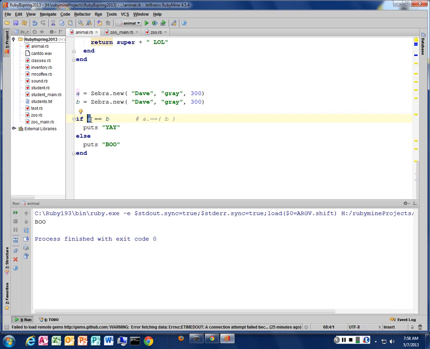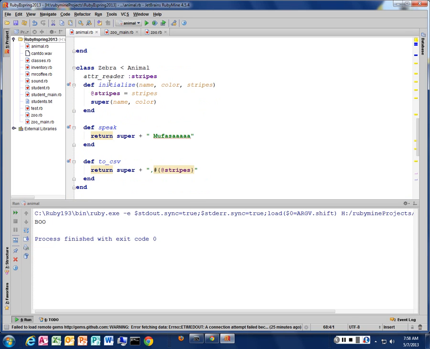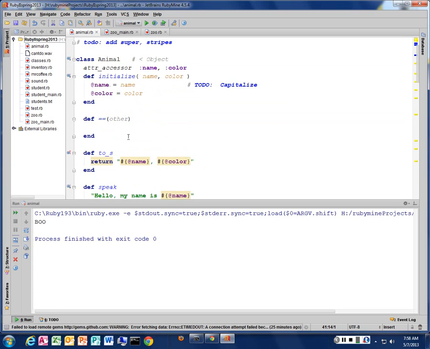What type of object is A? A zebra. Okay, so I look in my zebra class. Do I have an equal method in here? Not in my zebra class. So I say, oh, well, he came from the animal class. So let's look up again the chain, and I look up for my animal class, and here you go. I have an animal method that is